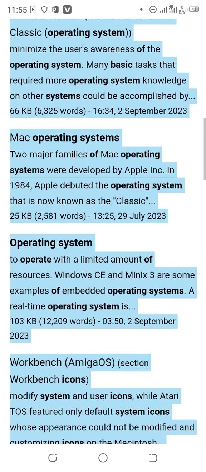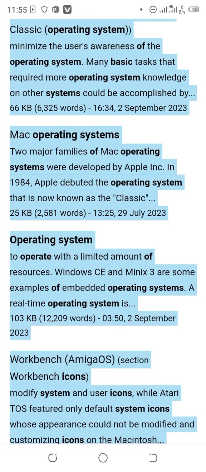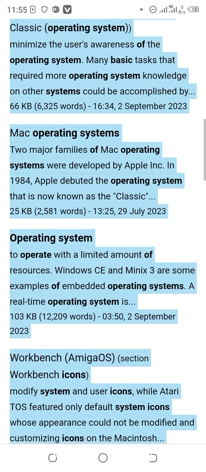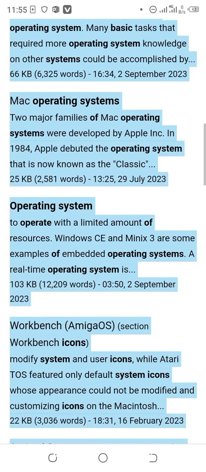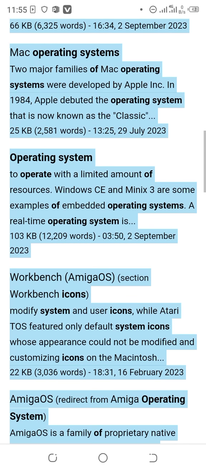operating system, to operate with a limited amount of resources. Windows, C, and Minix 3 are some examples of embedded operating systems. A real-time operating system is